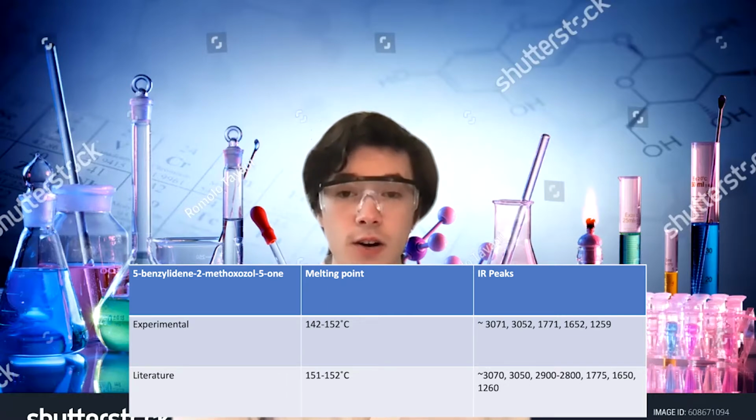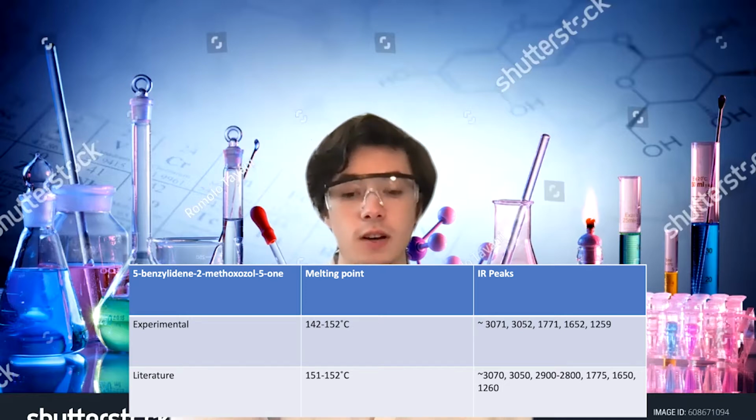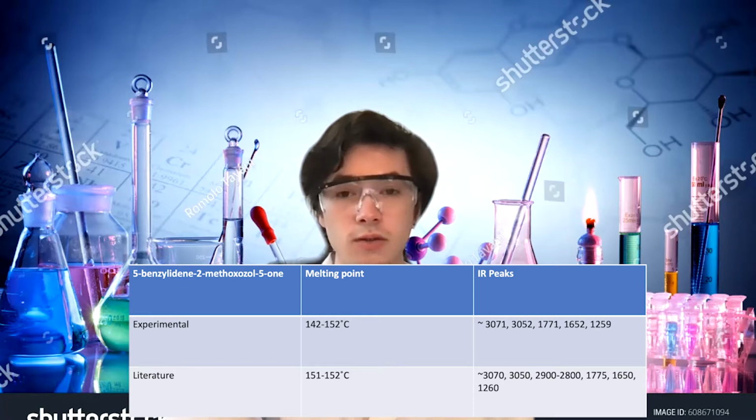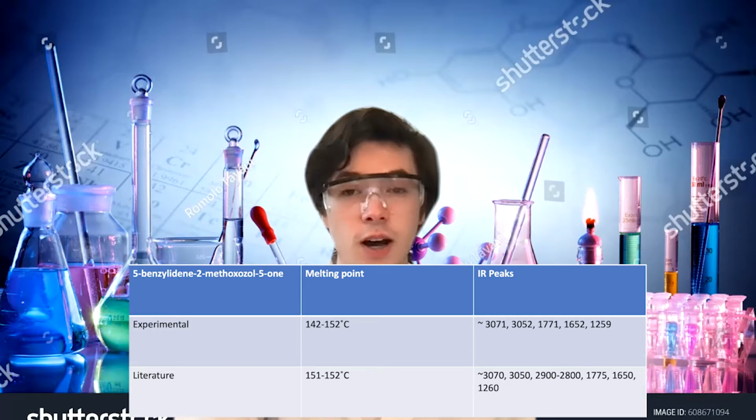Looking at our IR that we received, we have a couple of peaks, very small ones at 3,700 and 3,052. Strong to medium ones at 1,771, 1,653, and 1,259, which correspond to the benzene ring, our carbonyl, the carbon-nitrogen double bond, and the ester bond, respectively. Looking at a literature IR value of our Z isomer compound, everything seems to line up, except